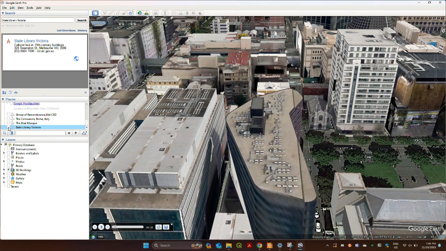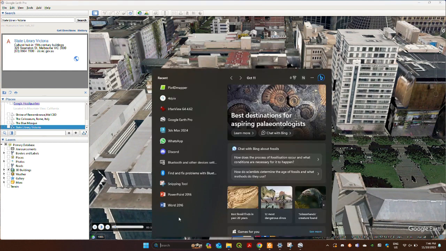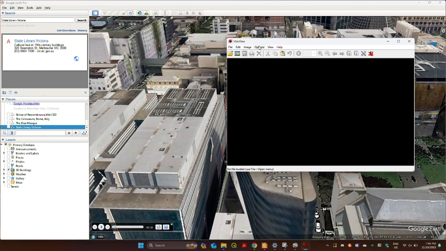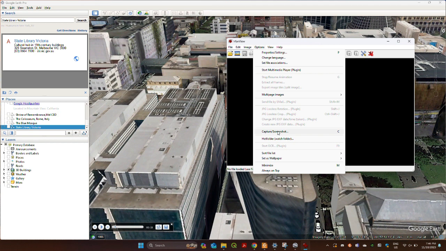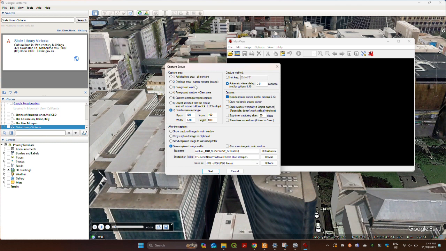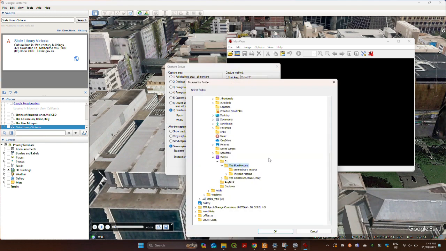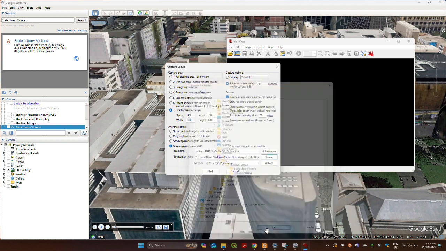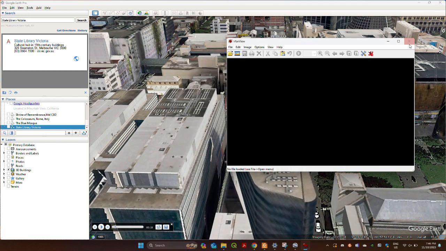Now please untick the State Library new path that you have created and go to Infra Viewer, and you go to options, you go to capture screenshot. It's going to take a little time. What you can do is the fixed screen angle should be as shown. The X, the Y, and the width and height should be as shown. This is after a lot of experiments that we have done. And always seconds has to be 2 seconds. Go to browse after that and select a location where you are going to have these